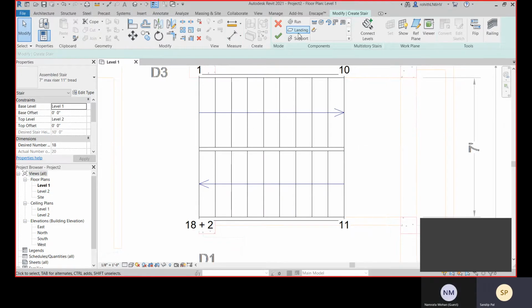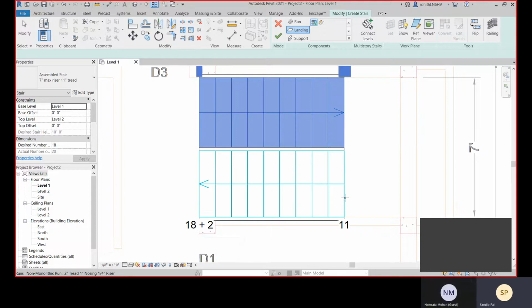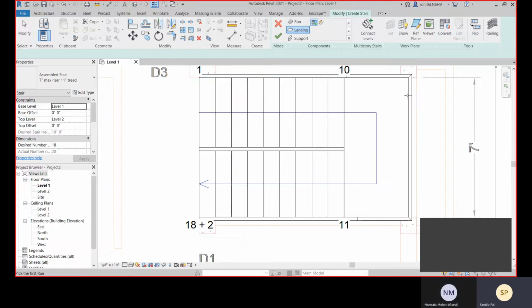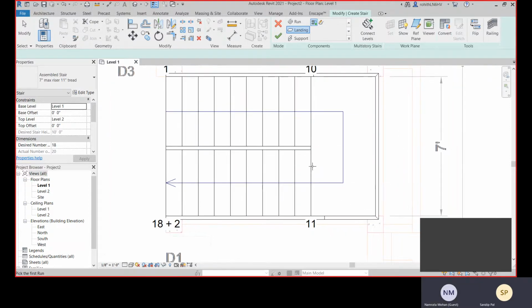Okay, now you can go with this landing. All right, you can go with create sketch, but here go with pick two runs, so that will create it faster. Let's select this first and select this first. Now it's created.